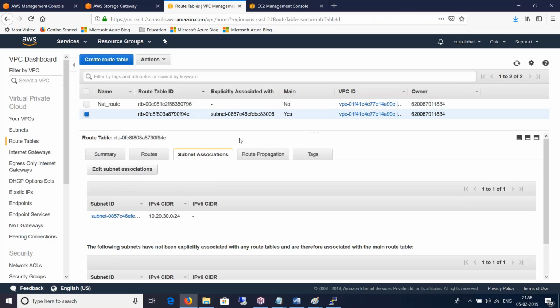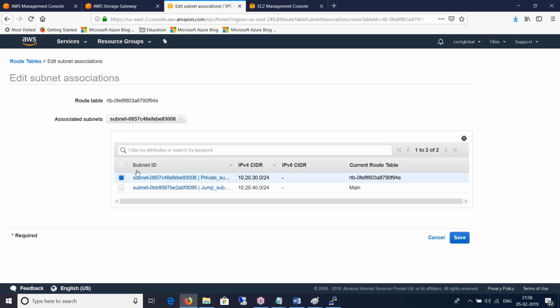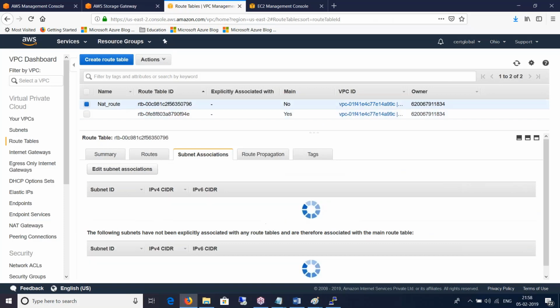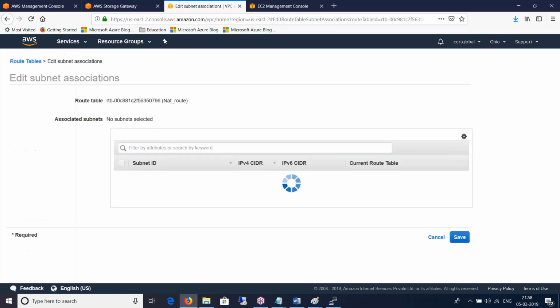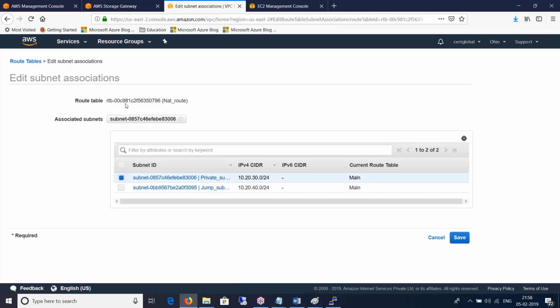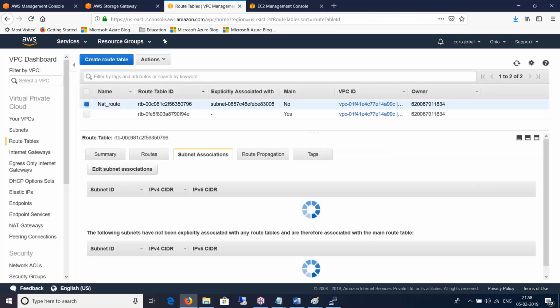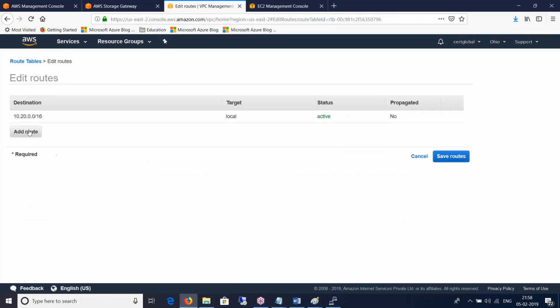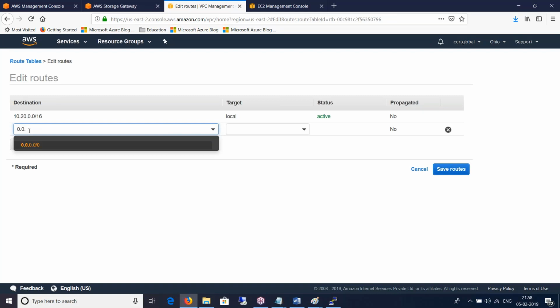Saved it. Okay, so my new route. Okay, I think I messed this one up. It must be this one, not this. I must have done it here, but I did it here. So I will roll back changes immediately, like that. Okay, I'll go back to my NAT route and then edit associations. Private subnet is attached to my route. Done. And I also have to write a route so that it can access internet.